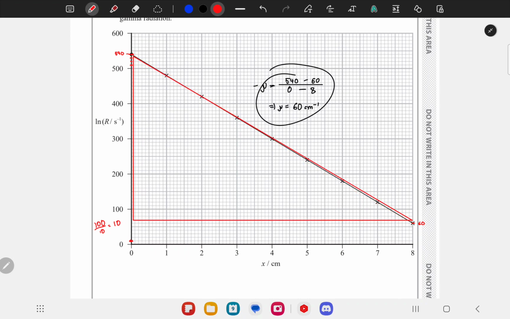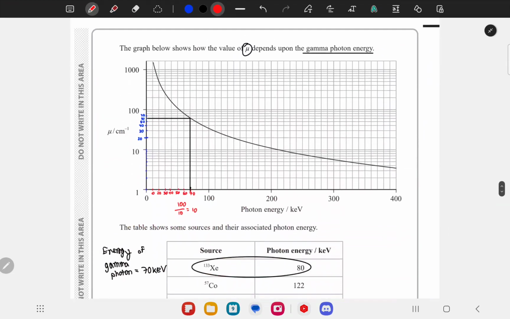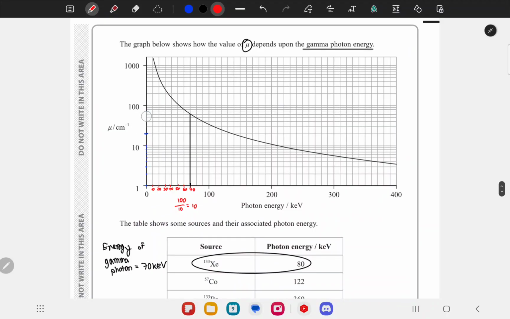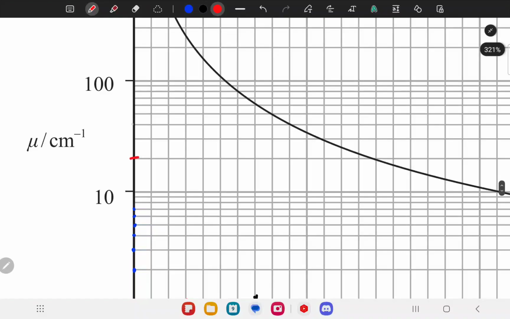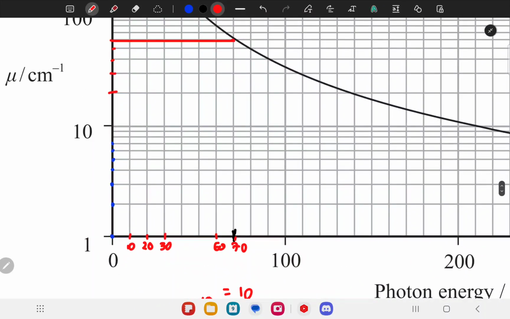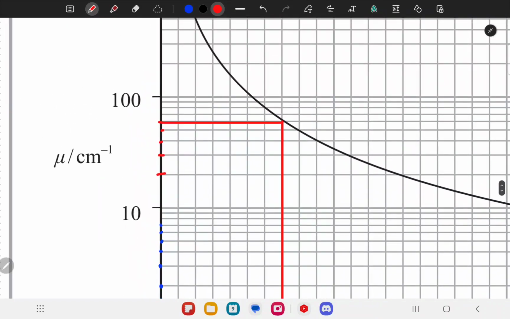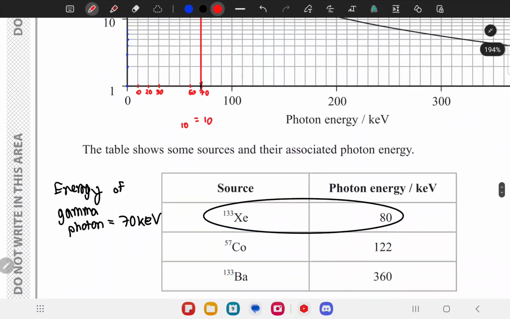So draw a triangle like this over here. Show the points you have used to calculate the gradient, and then show a working like this on the graph. So you'll have 1, 2, 20, 30, 40, 50, 60. Show that the corresponding energy for mu equals 60 per centimeter is 70,